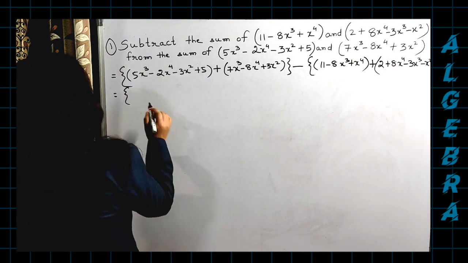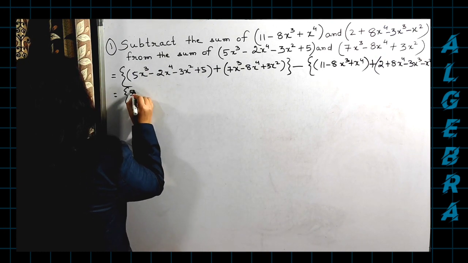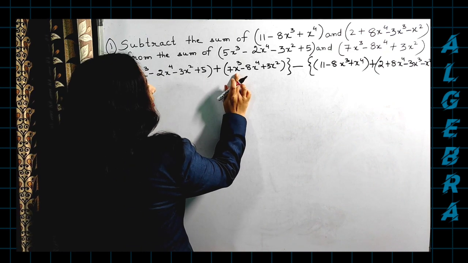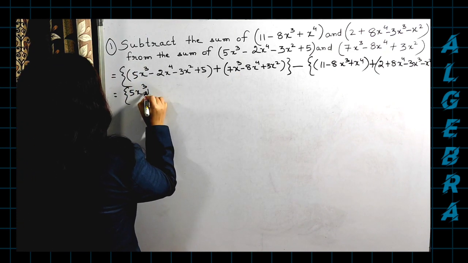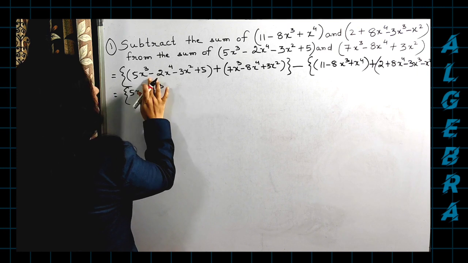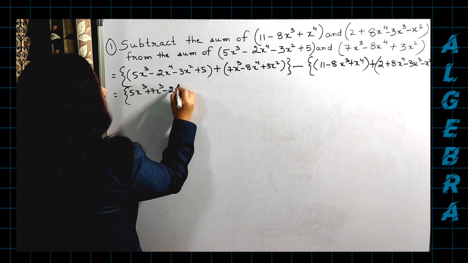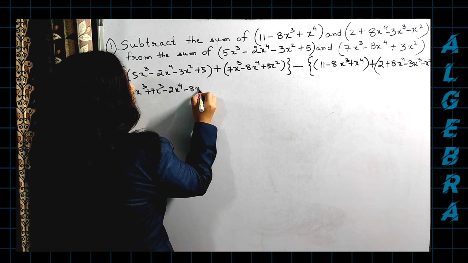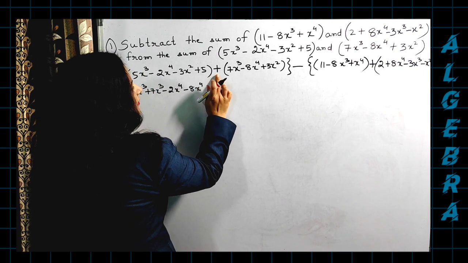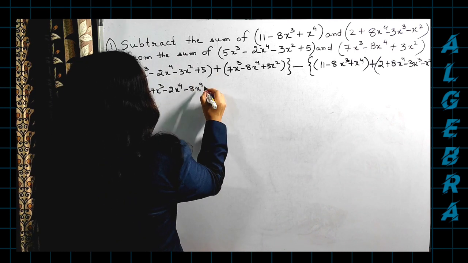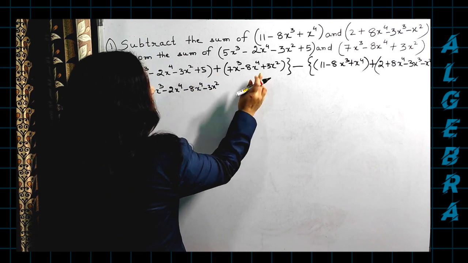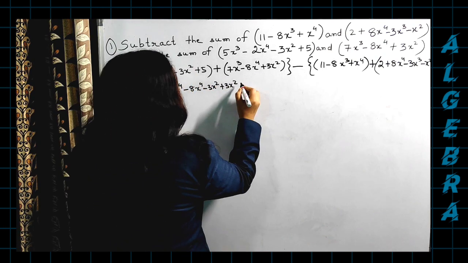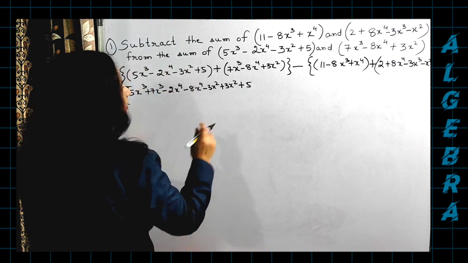Okay. So now when you arrange the like terms, in this case 5x cube is there. Here I have 5x cube. So where I have 5x cube, directly I can write plus 7x cube. Then I have minus 2x to the power of 4. Now here I have minus 8x to the power of 4. The sign won't change here because outside there is a plus sign. Then we have minus 3x square plus 3x square, right? Then we have plus 5 only as a number part. Here there is no number part.